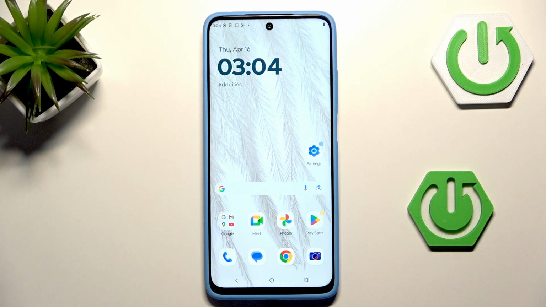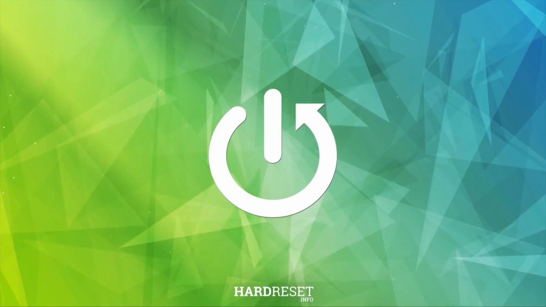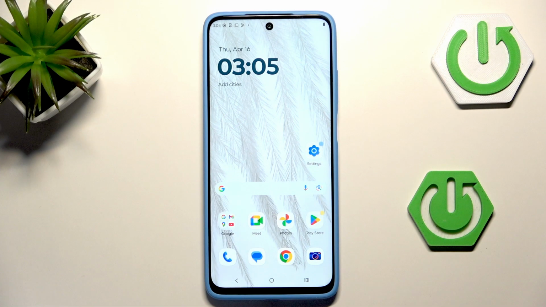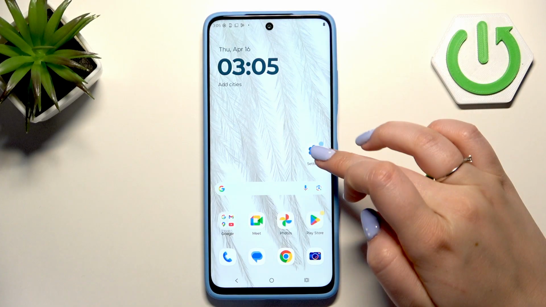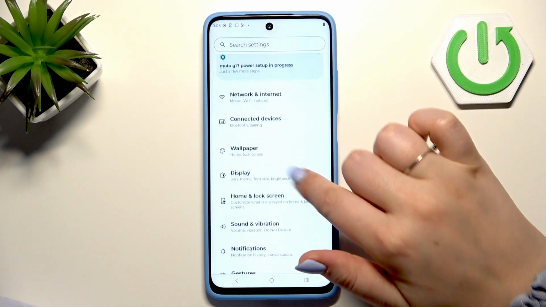Hi everyone, in front of me I've got Moto G17 Power and let me share with you how to change the system language on this device. So let's begin with opening the settings, and here we have to